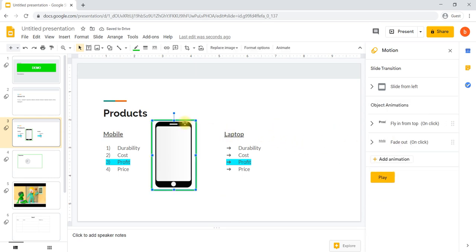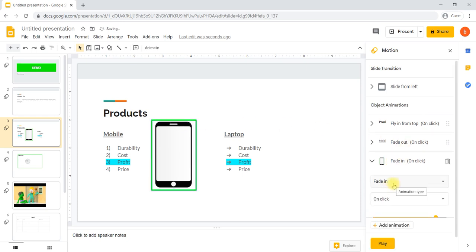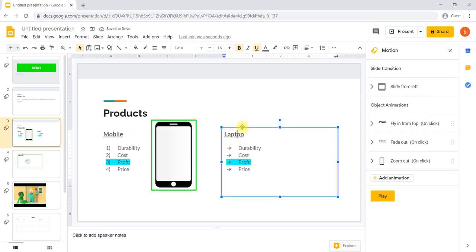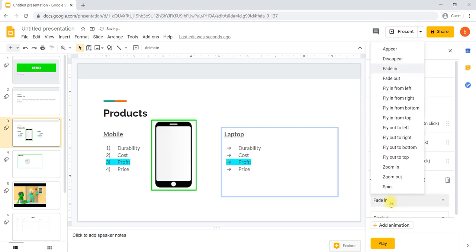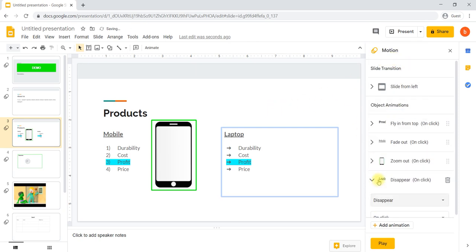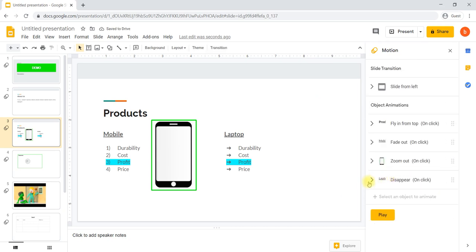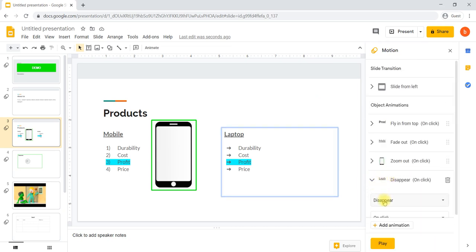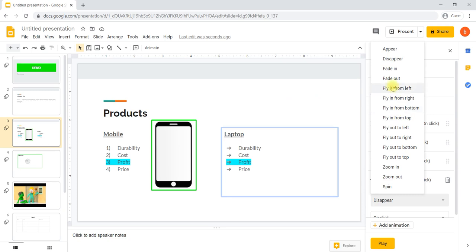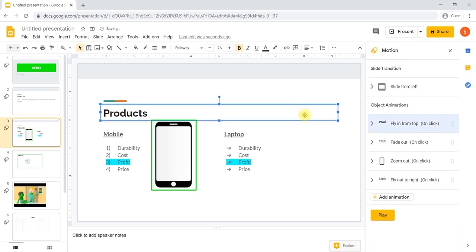Then the image appears, add animation, zoom out, laptop section, add animation, and we'll say disappear, or we'll select something else, fly out from the right.